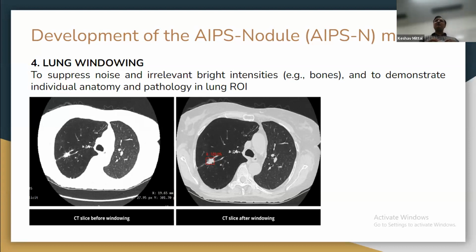Then we need to remove irrelevant bright intensities. अब जो ट्यूमर होते हैं ना, उसकी इंटेंसिटी काफी अच्छी होती है। ठीक है, लंग्स देख रहे हो ब्लैक ब्लैक से हैं, लेकिन ट्यूमर जो है वाइट सा ब्राइट सा है। लेकिन अगर बोन को भी देखोगे इमेज में, वो भी बड़ी ब्राइट सी होगी। तो हमारी मशीन फिर कंफ्यूज हो जाएगी कि ब्राइट इंटेंसिटी वाली कहीं ट्यूमर तो नहीं है। तो उसको पहले ही हमने फिल्टर कर दिया, भाई जहां जहां बोन है उसको हटा दो पहले से, बेकार में क्यों टेंशन लेनी। Is that clear? तो हमने इररिलेवेंट ब्राइट इंटेंसिटीज को हटा देना है। वो किधर है? वो उनके अंदर दिखेगी, कुछ एयर पॉकेट में दिख सकती है, वो कुछ आर्टिफैक्ट हो सकते हैं। We need to remove that, suppress the noise, filter it out. So this technique is called lung windowing.